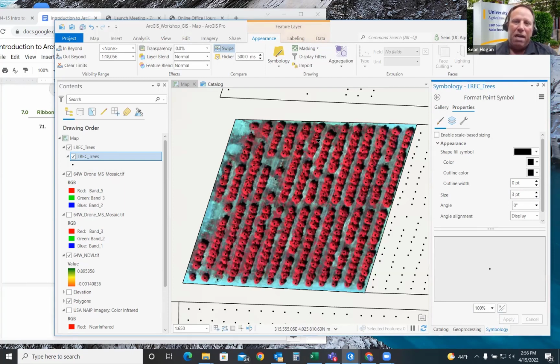That information might be important to you if you wanted to compare NDVI intensities with, say, the yield or the coloration of the fruit. To say, well, if this tree is more vigorous, it's more vigorous in creating fruit. It's kind of a logical connection. So there you have it. There's a couple ways that you can adjust your symbology here.